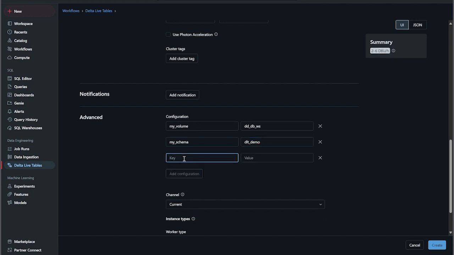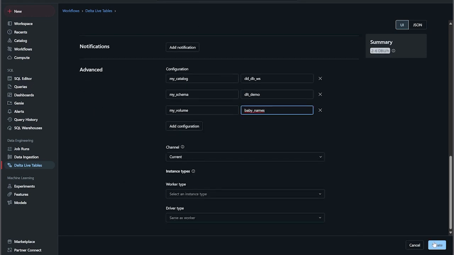And then finally, my volume. That should have been catalog. And this is baby names. All right. So there's my configuration. I'm going to create this.